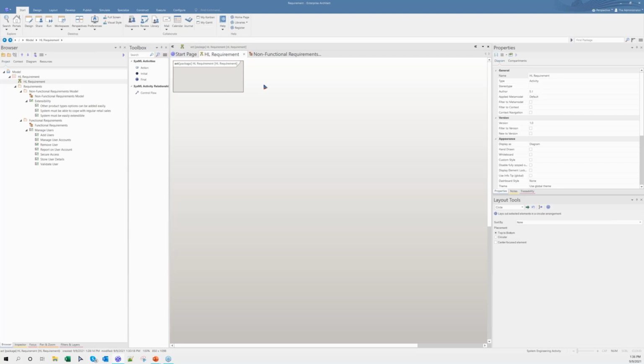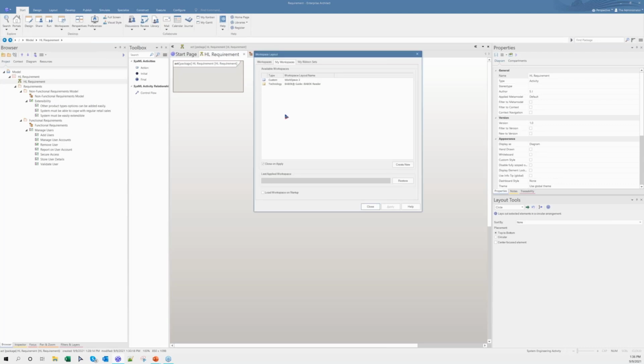In order to save this, I have to select the workspace button from the ribbon interface, and I click on manage workspace. There should be a list of custom workspaces which can be reused if needed, and you are always welcome to create your own workspaces as well.